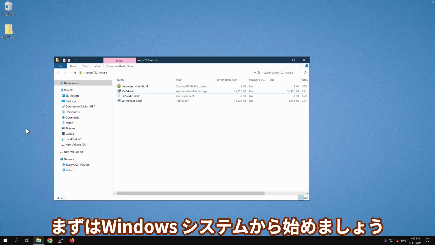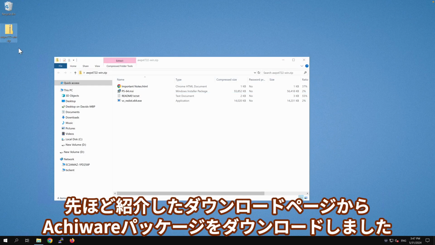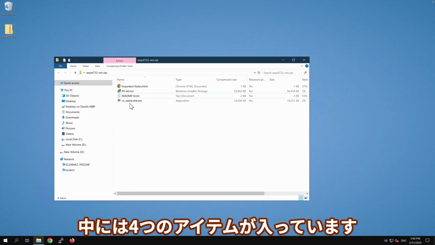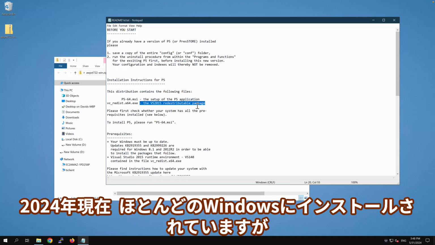Let's begin with this Windows system. So I've downloaded the ArchiWare package from the download page that I showed you, and inside we have these 4 items. There's a README. One of the prerequisites is that you have the Visual Studio 2015 redistributable software installed, which